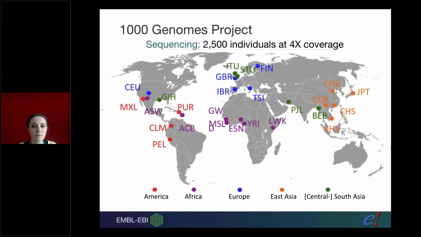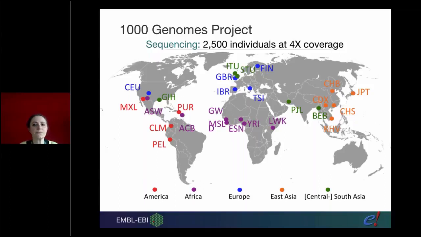We use the 1,000 Genomes Project for our population data because this is sequencing of a large number of individuals from populations, from healthy individuals in populations all over the world. So the aim of the 1,000 Genomes Project is to provide,